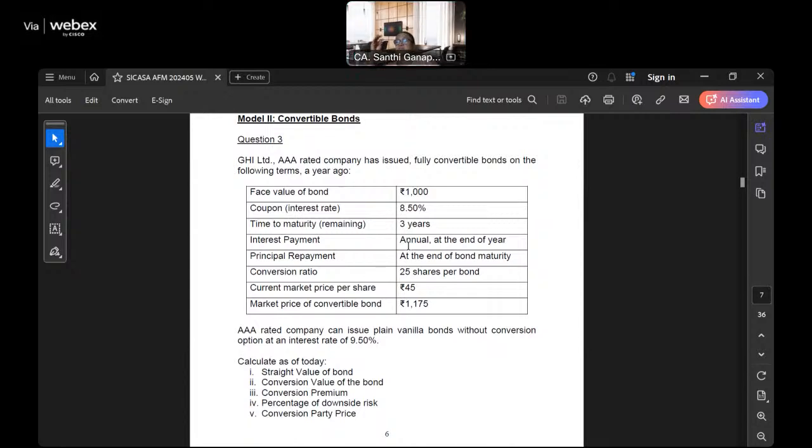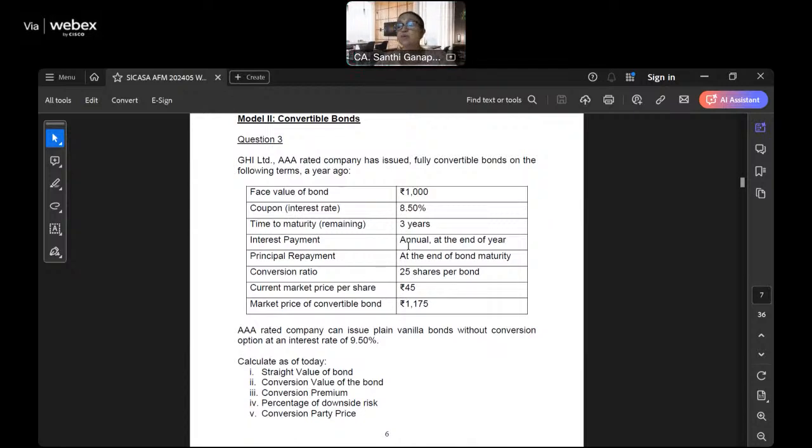But the convertibles can be exchanged for equity shares, and the investors benefit when there is a rise in the price of the equity share. There is some advantage for the investor, and hence companies offer a lower coupon rate on convertible bonds as compared to bonds without conversion option. We find that here itself. What is the rate they are offering? 8.5%. What is the going rate? 9.5%. For the one without the conversion option, it is 9.5%. They are giving only 8.5% because the investor has the option.